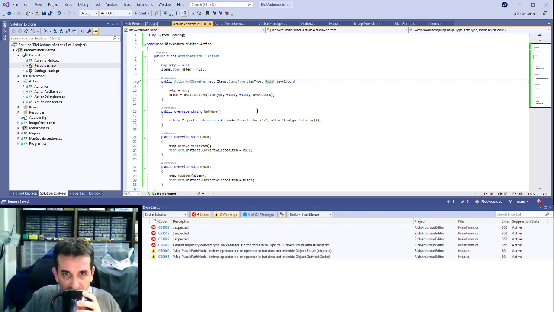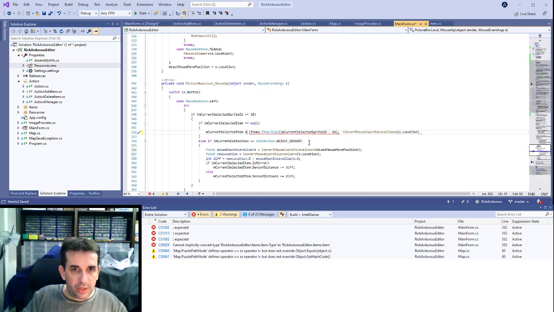Okay. And then we can create our action. So I don't need to select the current selection item, because this will be done by the action. So I just need action manager,